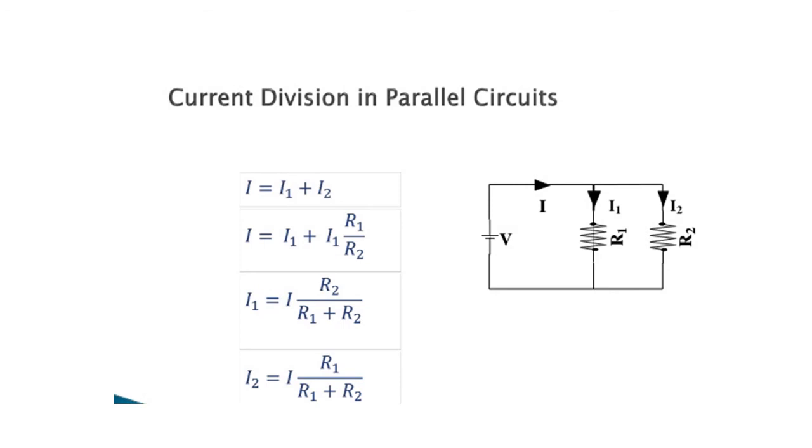Then we have to find out the I1 value. So, I1 is equal to I into R2 by R1 plus R2. That means I1 is the total current; we are applying the current division rule method here. That is total current into opposite resistance by sum of the resistances. So, like this method we are finding the I1 and I2. Then we substitute in the total I is equal to I1 plus I2.